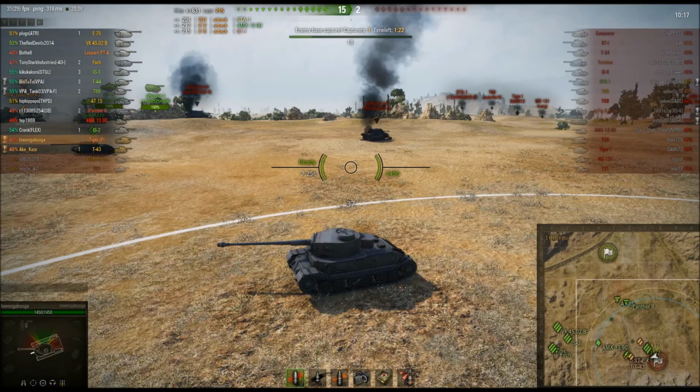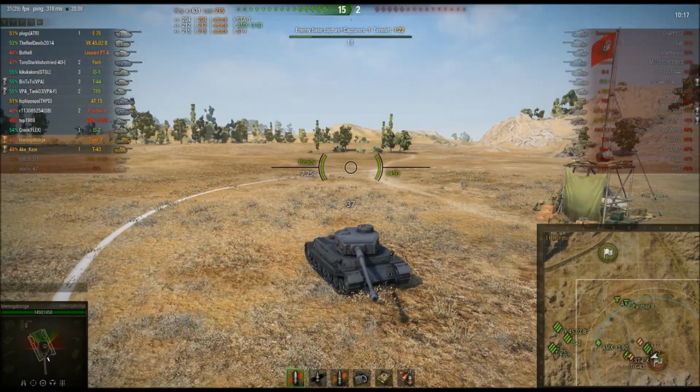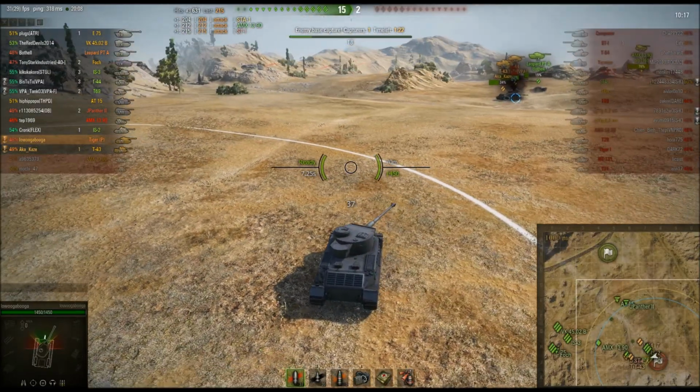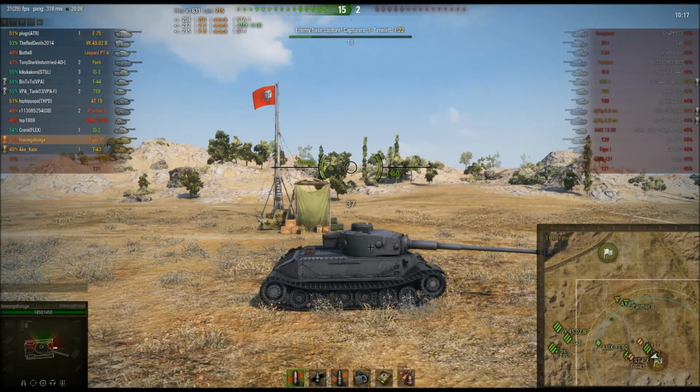I do want to get the Mouse, but at the same time the Ferdinand, the fixed turret TD, is one that I've been aiming for, and that's the one that Kaz is aiming for as well. So I thought, you know what, why don't I go down the path where I can actually get it? Now, reasons for me doing this is I will be playing a few more battles in my Tiger P in the upcoming months and weeks, due to the fact that when